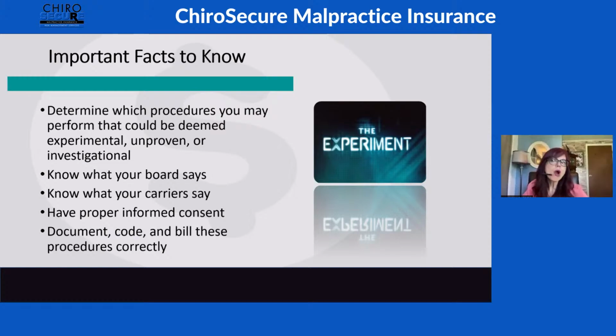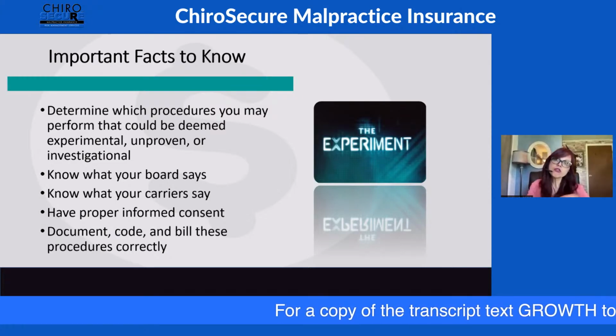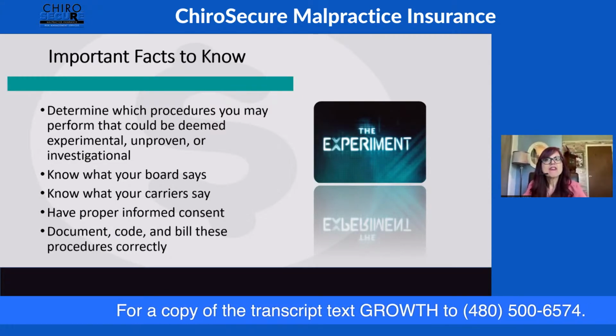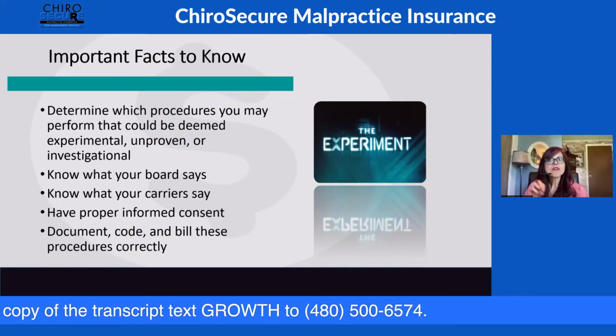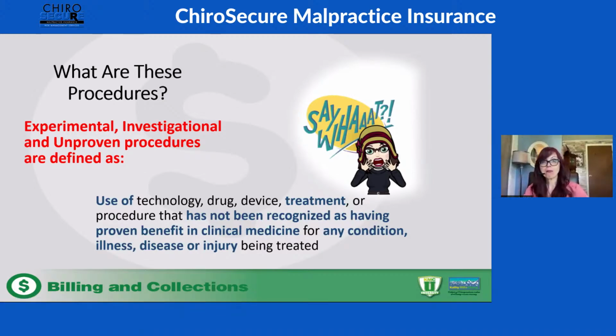So you're thinking, Yvette, why do we talk about this? Think about this from a risk level. You're billing for the wrong services. That means you're coding improperly, you're charging improperly. It turns into a massive nightmare. So this foundational piece of verification is every bit right down the line of your malpractice, your state board, everything else. When you think about these things that may be deemed investigational and experimental, it's certain things that we do there. They've just said, well, we can't prove that this is